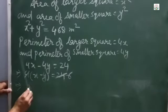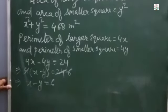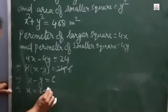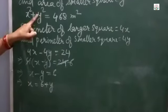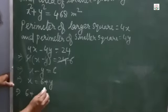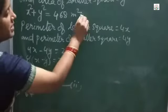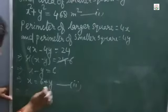This implies x minus y equals 6, so x equals 6 plus y. Now put this here. So x is 6 plus this value. Suppose this is equation 2, and mark this as equation 1. You can write: putting